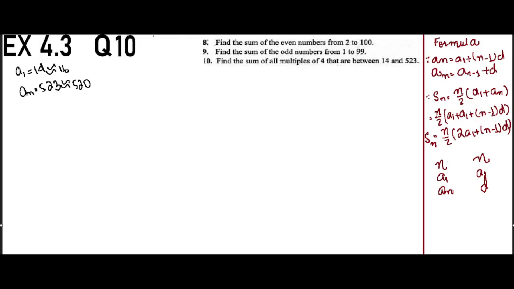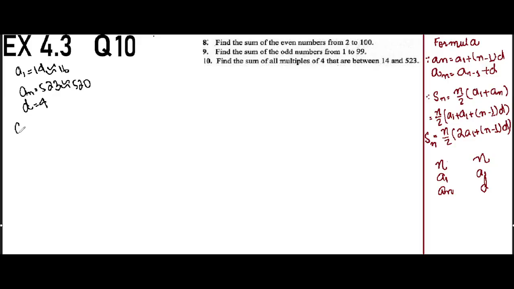Now there is another interesting thing over here, that these all are multiples of 4. If we take multiples of 4 after 16, we have 16, then we have 20, then we have 24. So we can see all of them have a common difference of 4. 20 minus 16 is 4. 24 minus 20, again 4. So the common difference is 4. But this is again the same problem as we have faced in question number 8 and 9, that we have to find the value of n so that we can use any of these formulas.